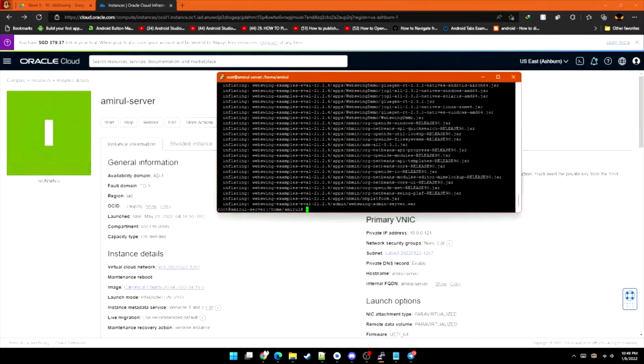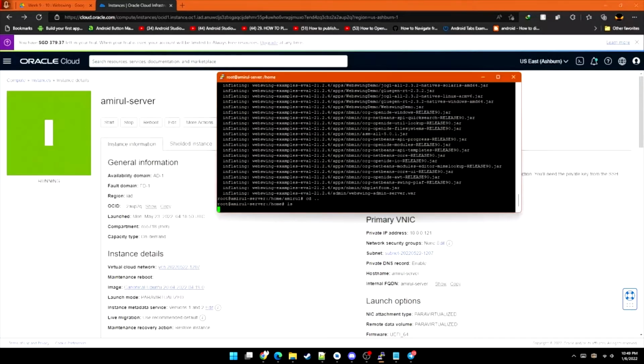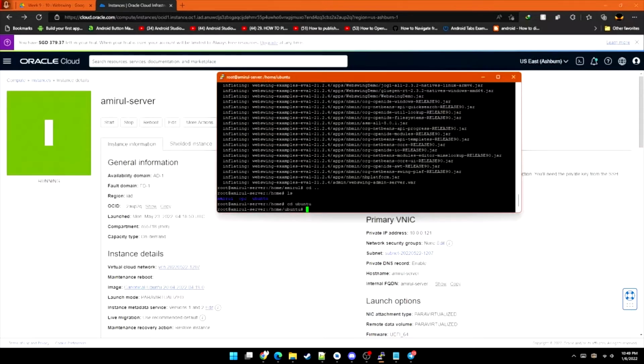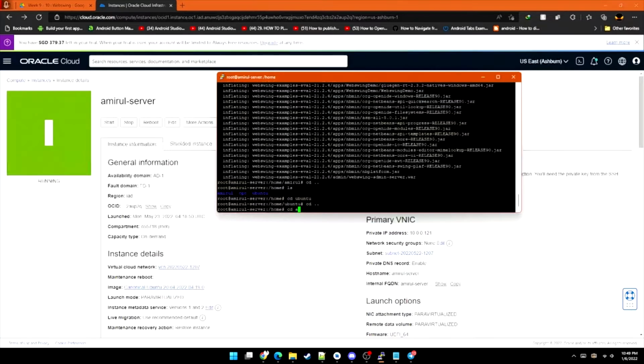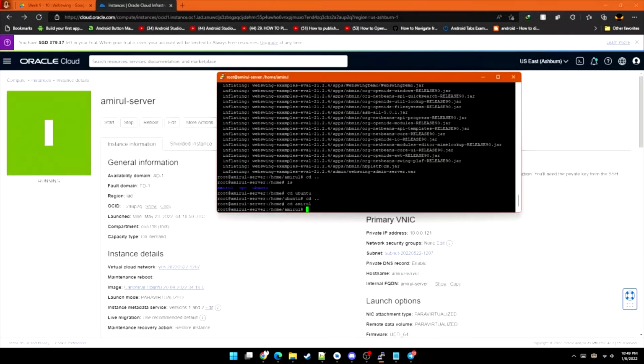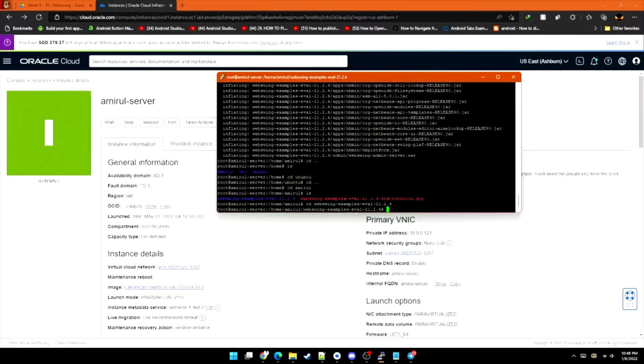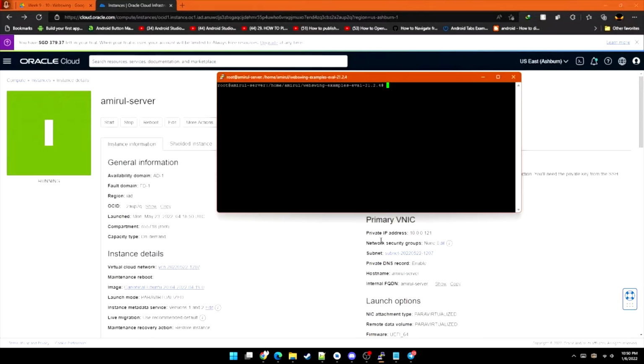now we will locate the Webswing folder that we already extracted. In here I tried to access the Webswing in the Ubuntu, but there is no Webswing in the Ubuntu file. The Webswing is in the Amirul file, in my server file. So we will access the Webswing folder,